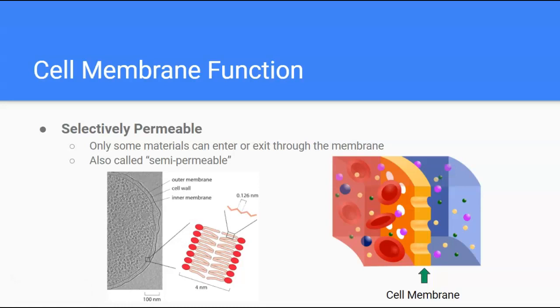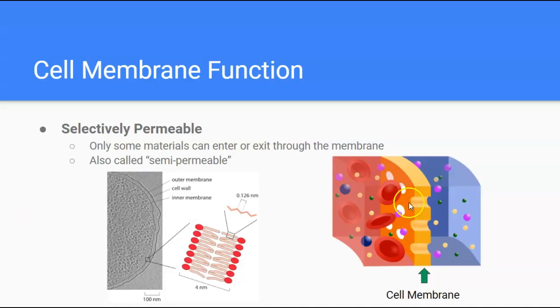So, the function of the cell membrane is to be selectively permeable. And we know this already, right? We know that the cell membrane's main function is to allow certain things to come in and out of the cell. And the way that it does that is by being selectively permeable. It's also called semi-permeable, but basically what this whole thing means is that, you can kind of see it in